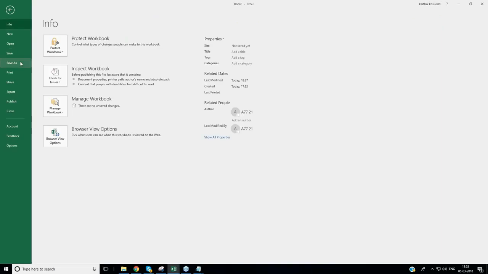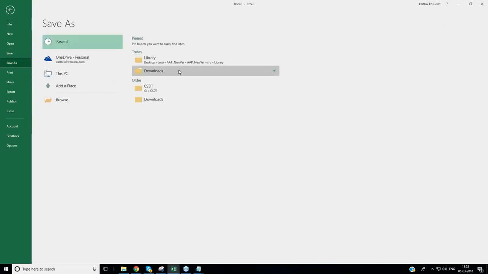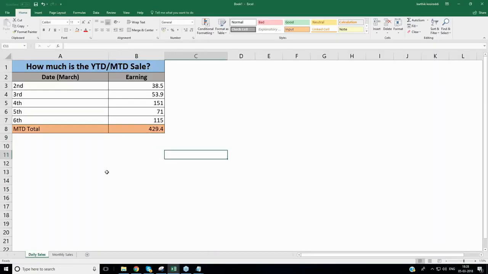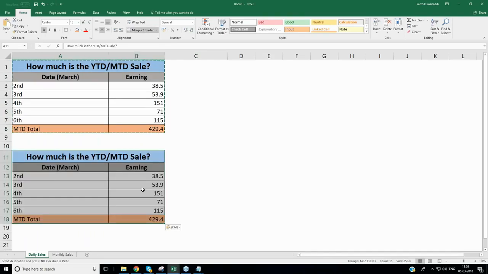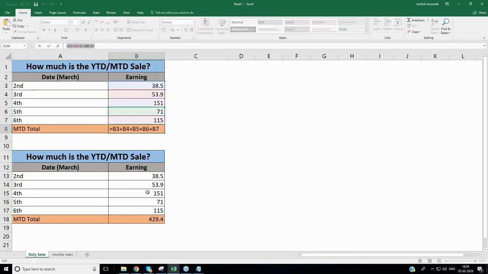So first let me save this. And team, whatever I'm doing, it's kind of, I make deliberate mistakes, so your learning will become easy. Come on. I'll save it later. Don't worry, team. This is nice. Wow. Hey, but then this is becoming a problem. How about I copy paste everything and put it here. I'm doing it only as a sample to show you, team. This is a formula where individuals are added. This is going to be different.